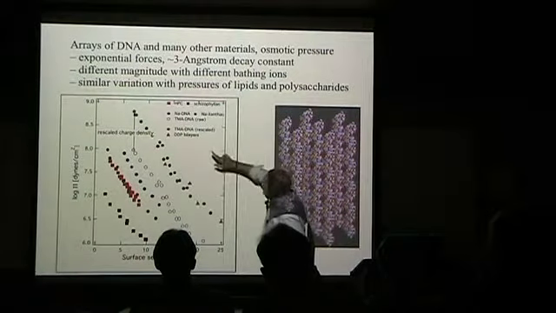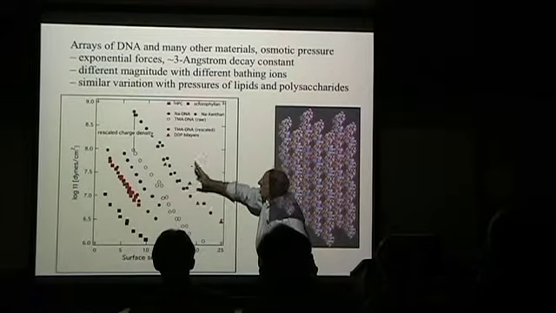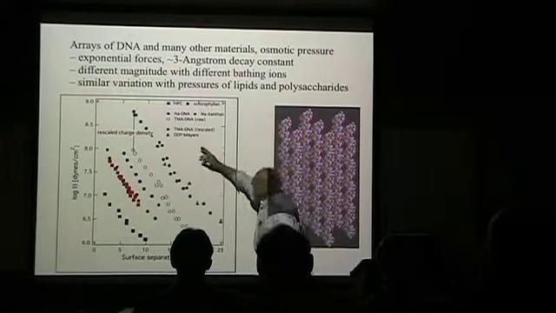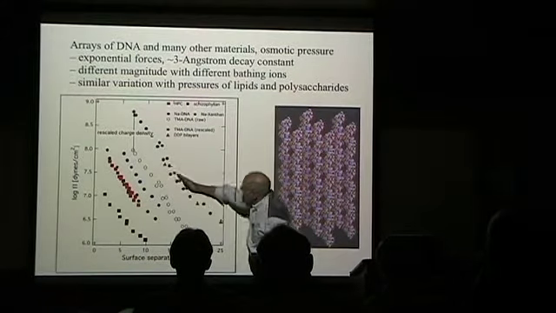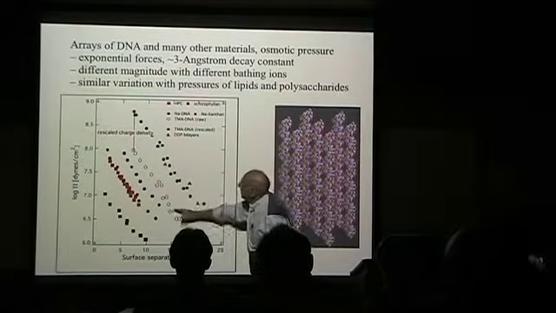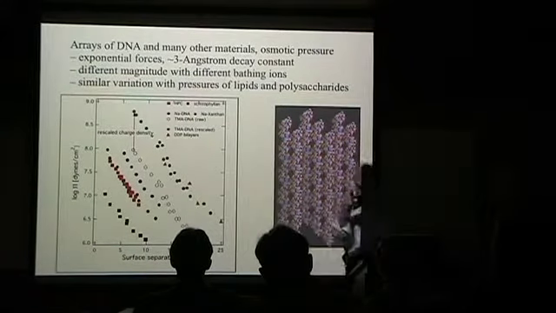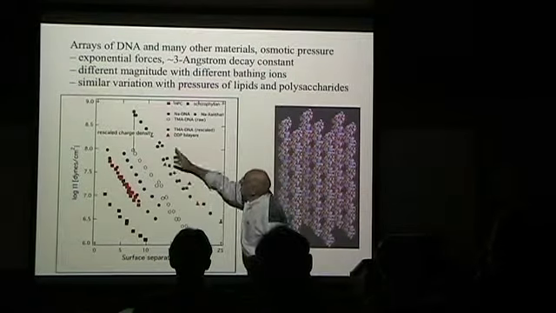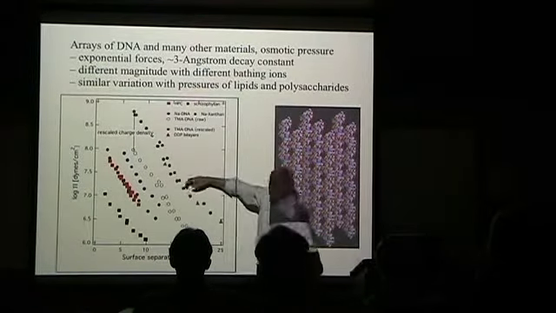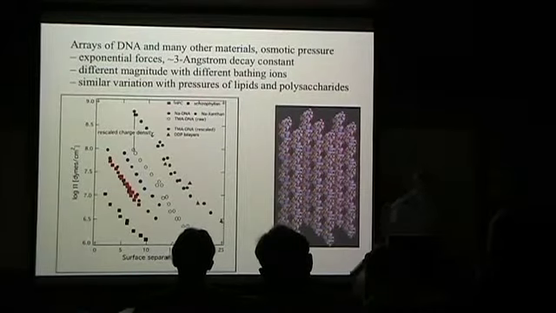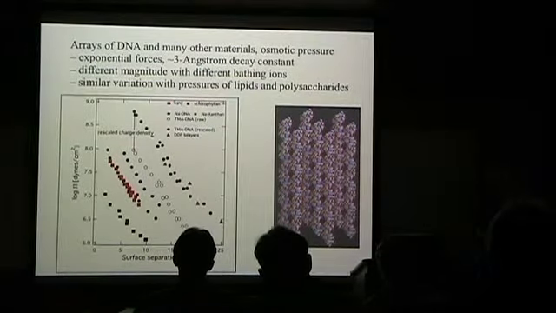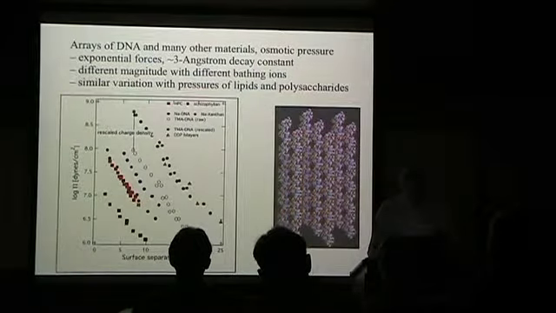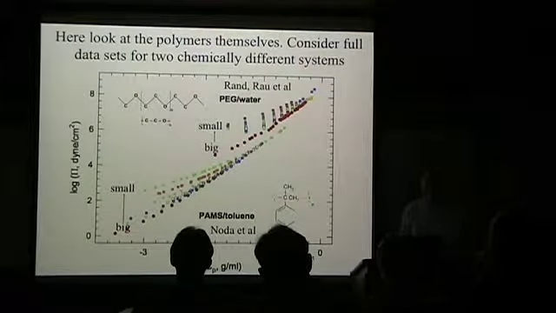If I take the same surface, that is to say the same chemical surface as the DNA, and I make a lipid bilayer of the same type, I see that I get a parallel slope. If I rescale these data to make the difference between a curved DNA surface and express it as an interaction between planar surfaces, it overlies completely what you actually measure for planar surfaces. Nature's trying to tell us something here, and we keep ignoring it. But I just want to put that in as a due diligence to say that's what's going on. But back to the story.